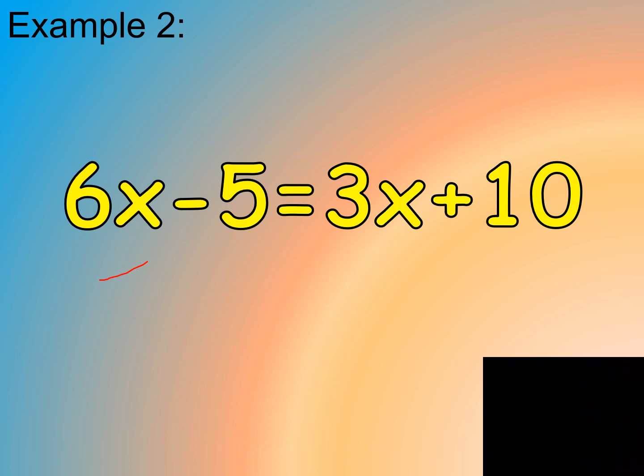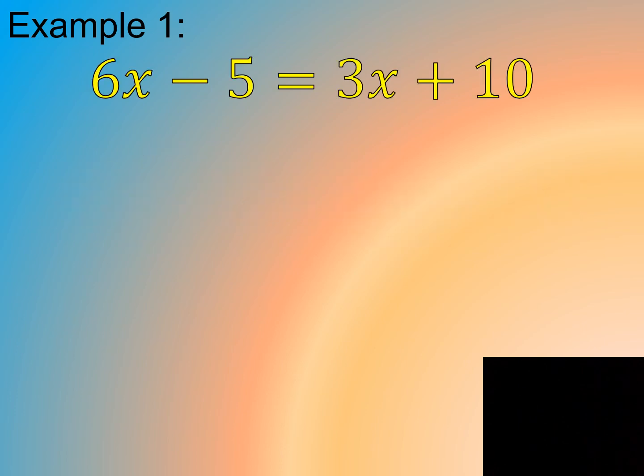Notice that both sides of the equation have a variable x. How do we get the value of that variable? In solving equations of this type, we need to apply our knowledge of like terms. So we first combine like terms, 6x and 3x. How do we combine these like terms? We need to